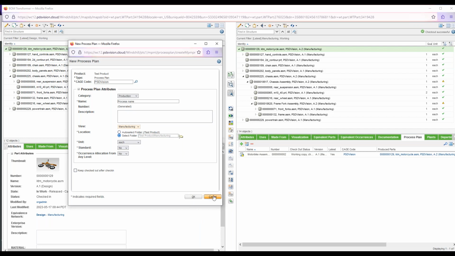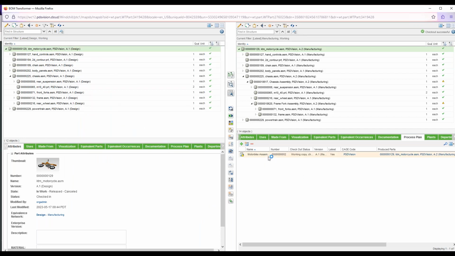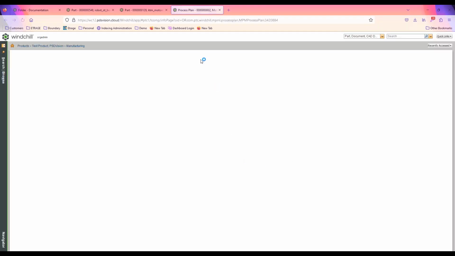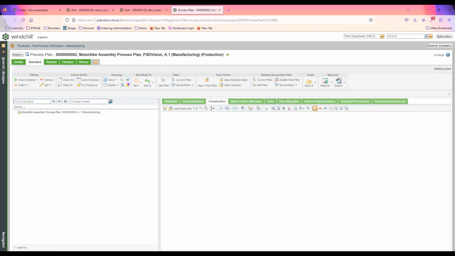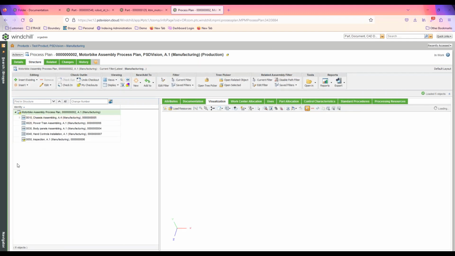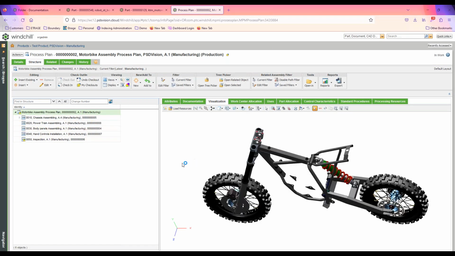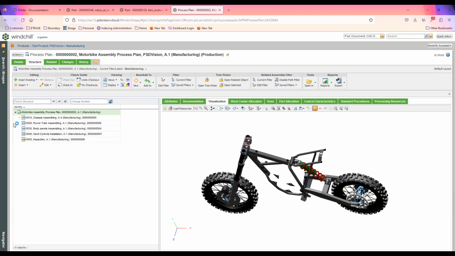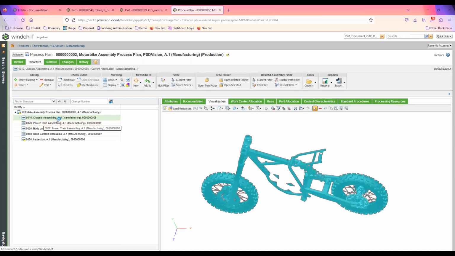This is how you simply create a process plan. So I'll go into mine that I've already started creating here. Yeah, this is our process plan. And then what I have done in the process plan itself here, I went in and created my operations. These are the operations. So think of these operations as what you will do on different stations in our flow. And so the first one is to assemble the chassis, and then I've got sub operations